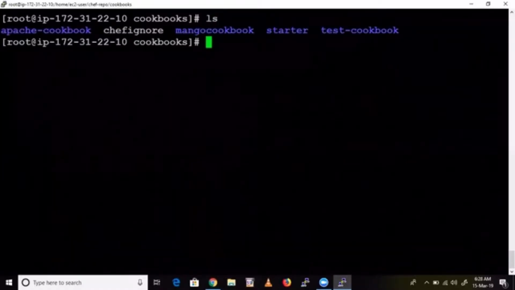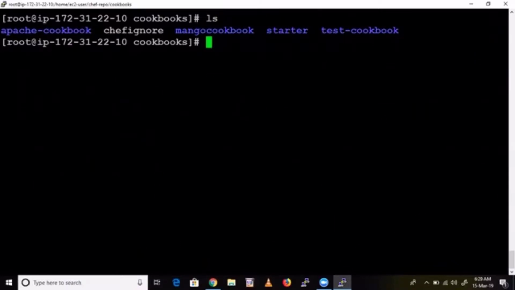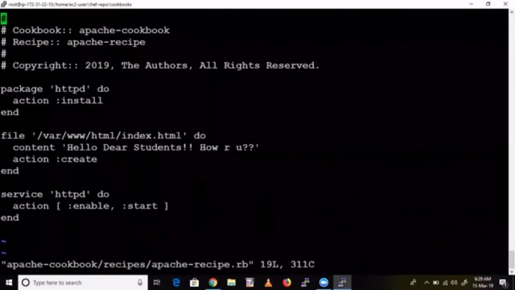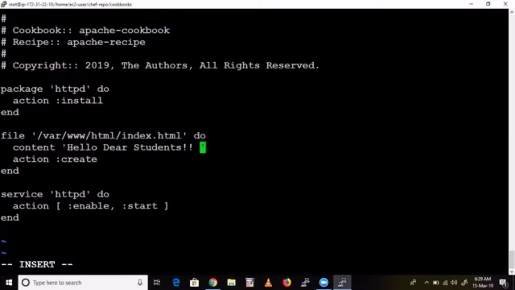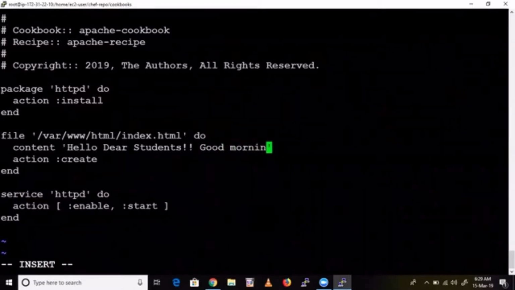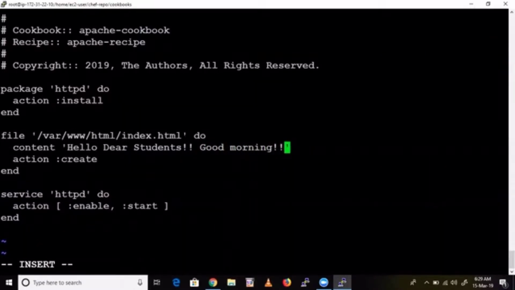Do ls. In the Apache cookbook you want to do some modification. So vi apache recipes, Apache.rb. Now okay, let's change the content. Okay, now come out.